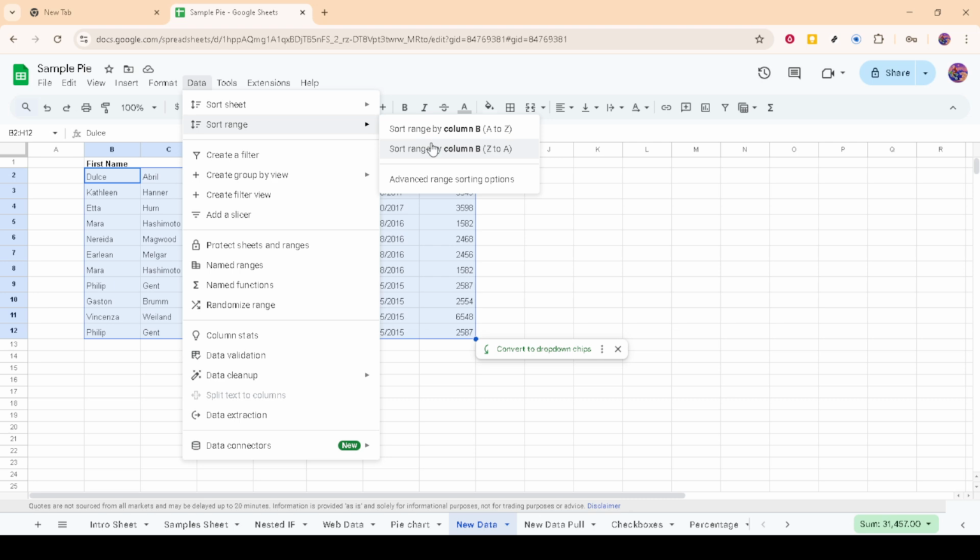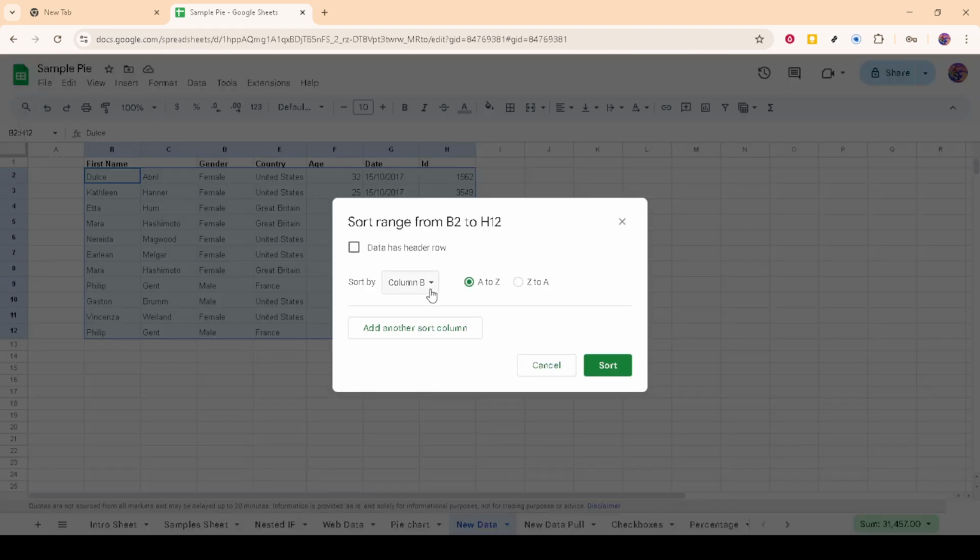Click on Advanced Range Sorting Options next. This option allows you to fine-tune your sorting needs. It ensures you have control over how the data is organized, rather than using a default setting which may not meet your requirements. In the Sort By drop-down menu, you'll be able to choose the specific column you want to sort by. It's vital to ensure you select the correct column here, as this choice defines the basis on which the entire selected range will be sorted.